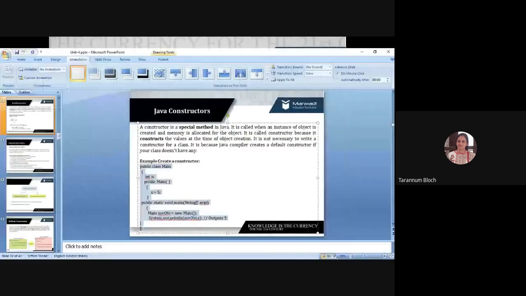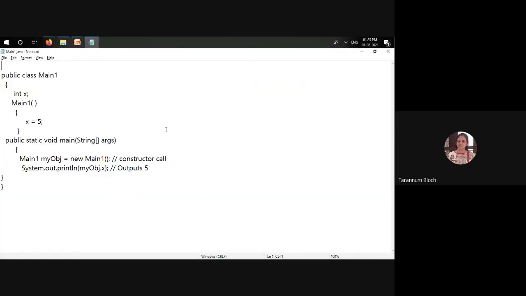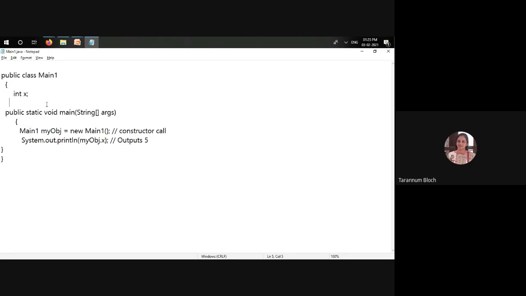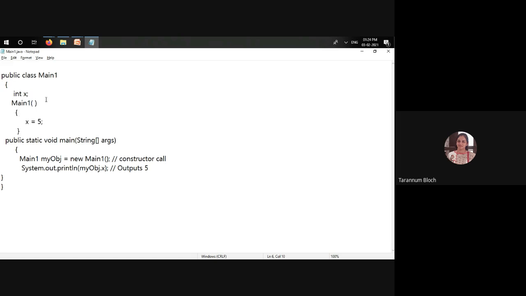Suppose I don't have this line, and still I am trying to create an object, at that time the default constructor, we have already written one example like this, your compiler will automatically create. Now, the default constructor is also known as the no argument constructor, because it does not have any parameter given in the parenthesis. So we call it a default constructor.